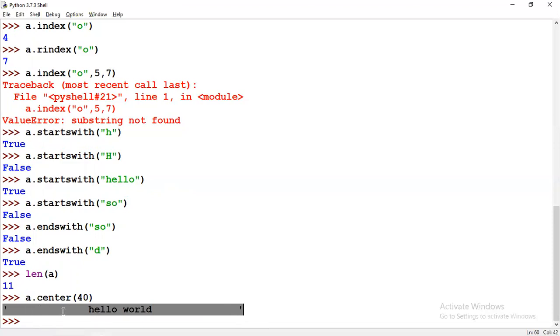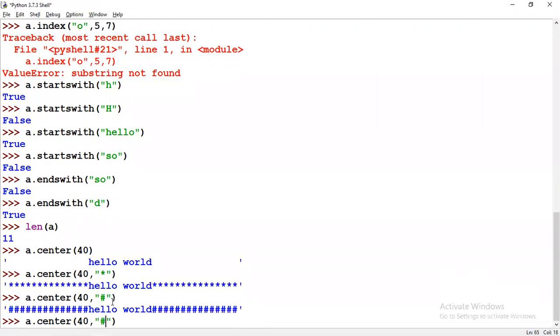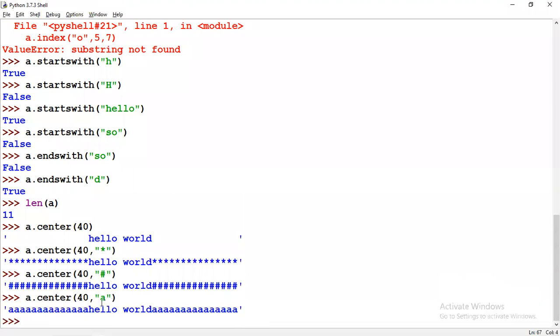So center means everything else will be empty, and the given string will be placed in the center position. Now you can fill it with some characters, which is known as the fill character. It may be any string. You can use any string for the fill character, even A. So everything here is A and here also A, and hello world comes in the center. So that's what center is.